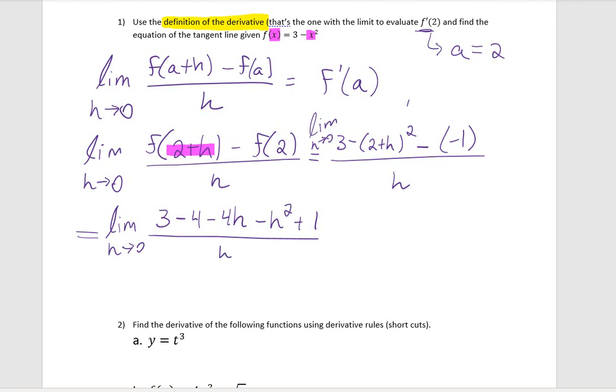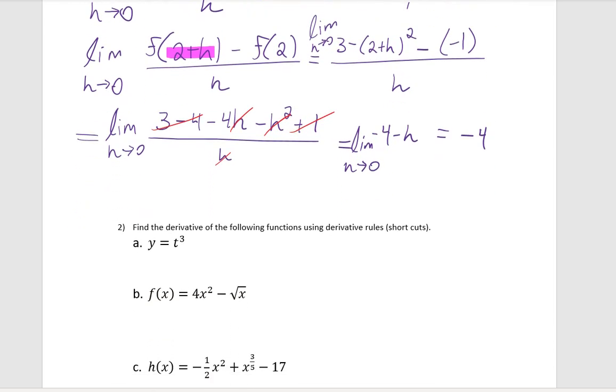Now what's going to happen is that 3 minus 4 is going to be a negative 1. That negative 1 is going to cancel out that positive 1. This h is going to cancel out with these h's here. So what I'm going to be left with is negative 4 minus h, which if I take the limit as h approaches 0, is going to give me